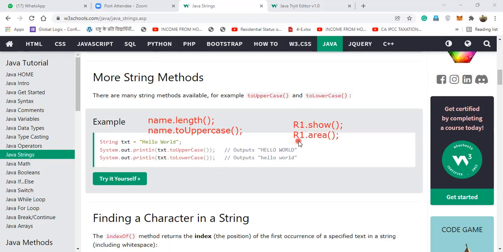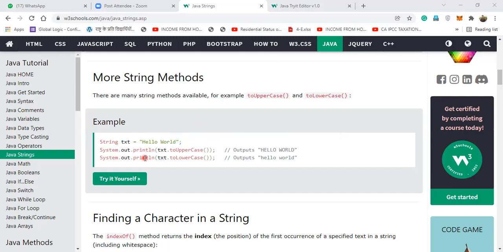So r1.show, r1.area means r1 is an object which is calling the show function and area function. Similarly, name is an object of the String class and the length function is called through name. Name is an object and we are calling the toUpperCase function using this object, using the dot operator. This dot is called the dot operator. So I hope things are clear to you.